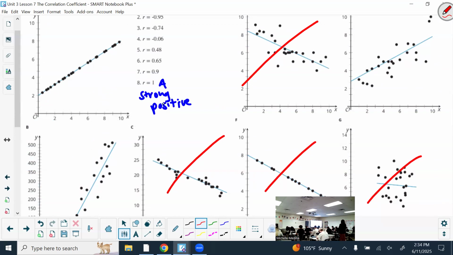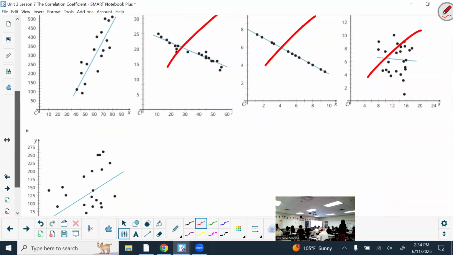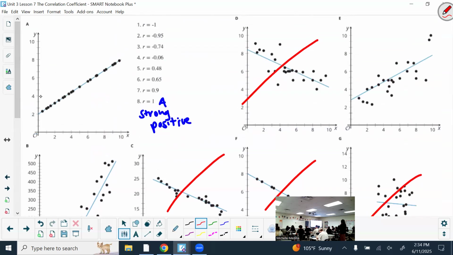And then we're just looking at 4 that are positive at all. So out of the 4 that are positive, would you say that A is the most strong, the most linear? So then yes, that is a good match. A has an R value of 1, which is the strongest, other than -1 which is also the strongest. Most linear, they're all on a perfectly straight line. This one is an example where you probably wouldn't be able to put it in Desmos, since you can't see each individual dot clearly. That's why we teach you how to do it by hand too. But for your final and for your quizzes,